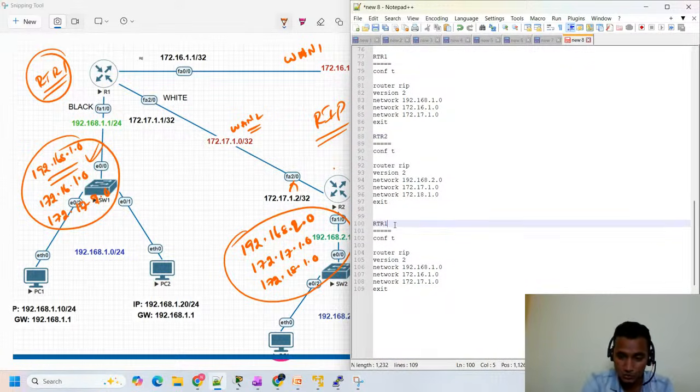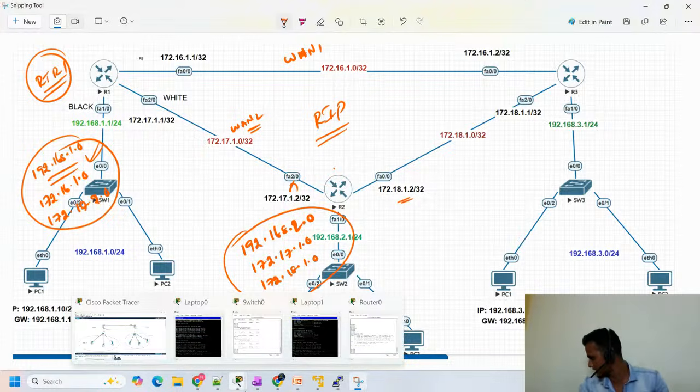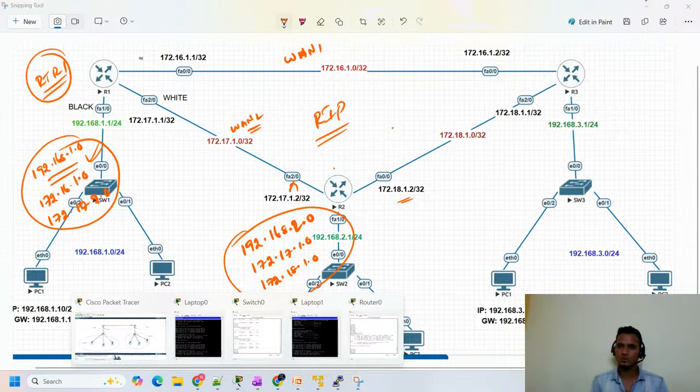See, this you need to do manually first, by hand. Once you become familiar, guys, once you become very much familiar, then you can use the notepad. So first you don't use notepad, configure one command at a time. Because I am very much familiar with my technology, that's why I teach you guys with the help of notepad. But you don't do it in the notepad. Okay, so what I'll do now,